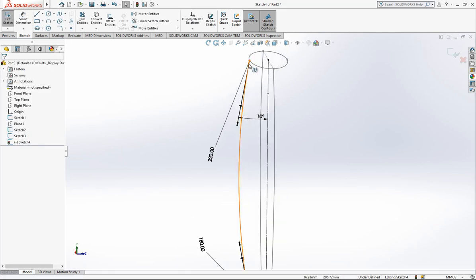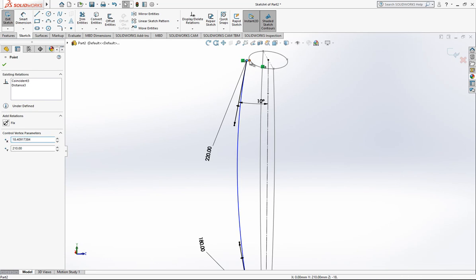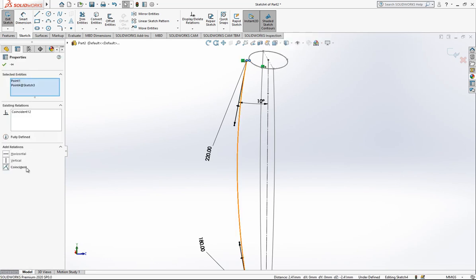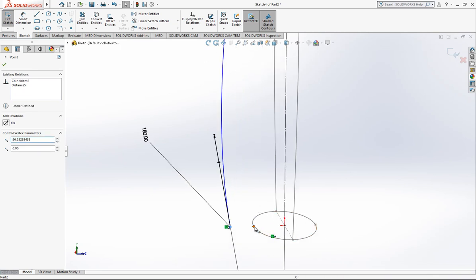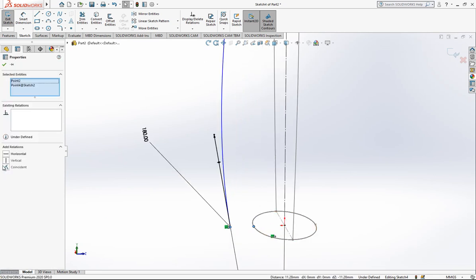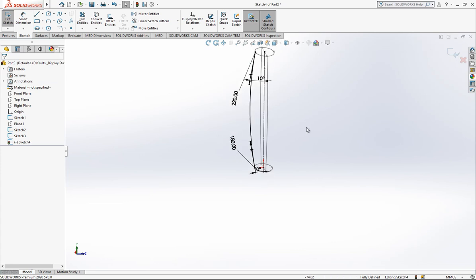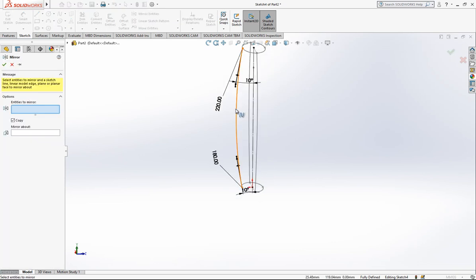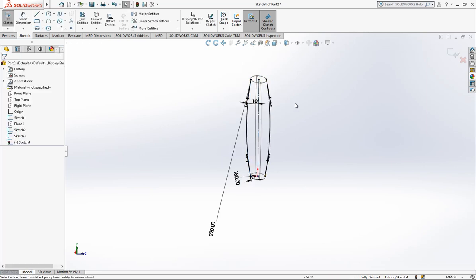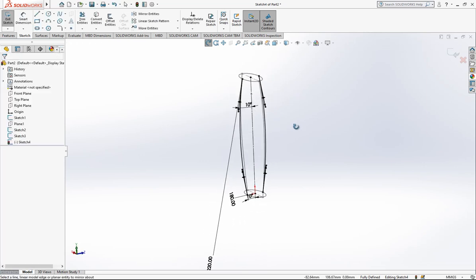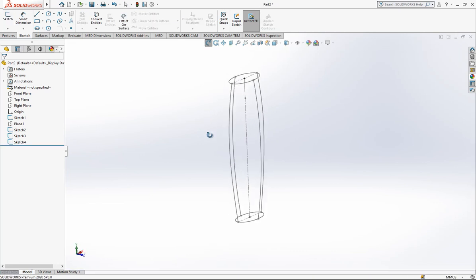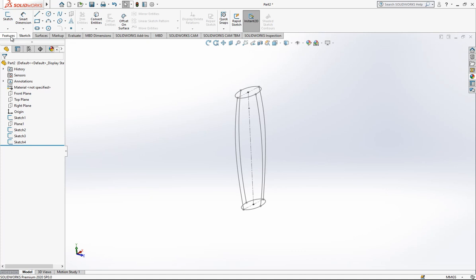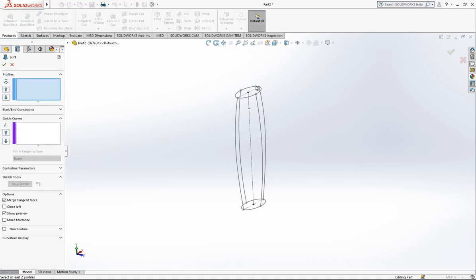It's not fully defined because we don't have some constraint, and we say coincident, and here also we take this point with control, say constant, and then it becomes fully defined, and we're just going to mirror this line, spline other side, and basically these are the profiles, and we just go now to Loft, and